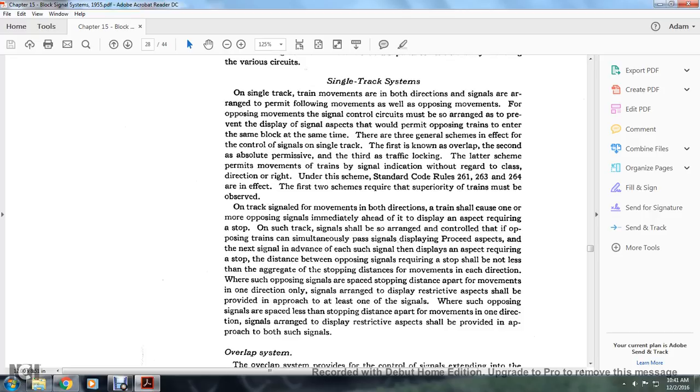Alright, single track systems. On single track train movement in both directions, signals are arranged to permit following movements as well as opposing movements. For opposing movements, a single control circuit must be arranged so that it prevents